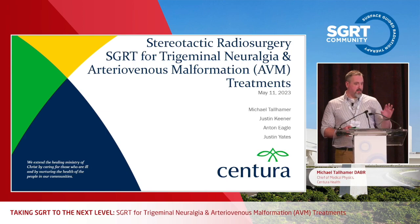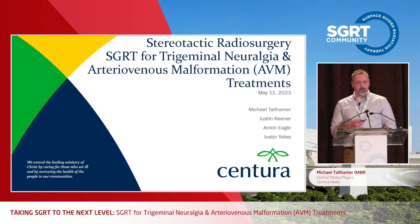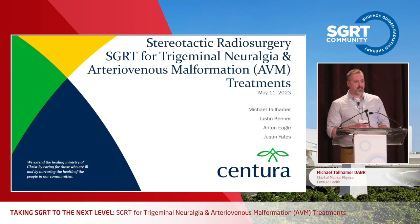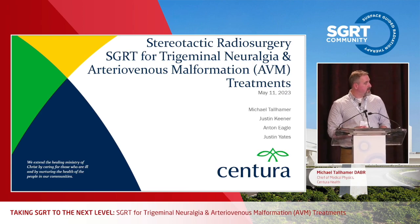These treatments, but before we start, the gentleman down here, this is our SRS team at Centura. They do yeoman's work when it comes to the planning, a lot of the data you're going to see on some of our dedicated stereotactic units. And so I'd like to thank them before we even start, because a lot of this work wouldn't be possible